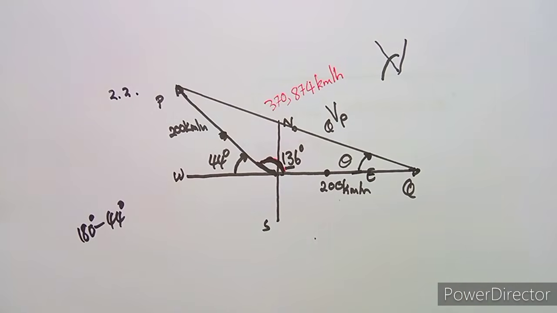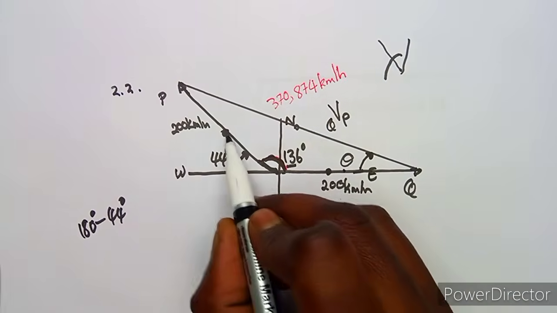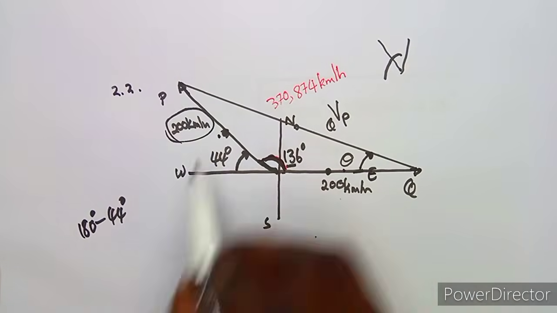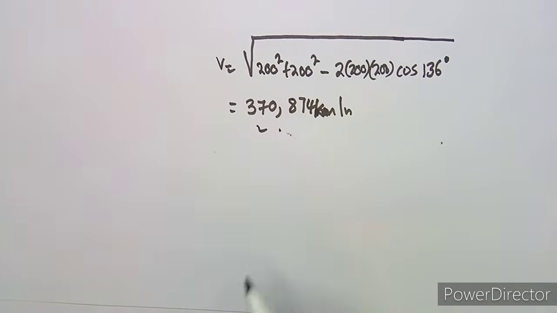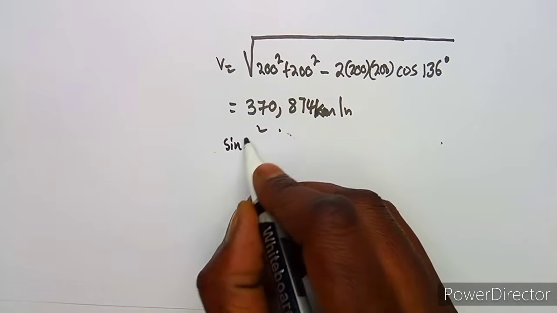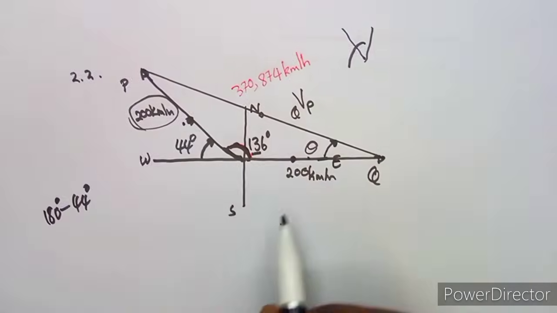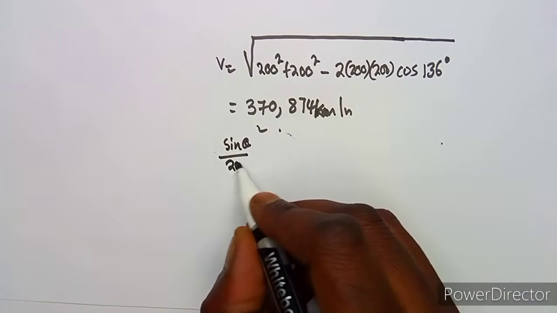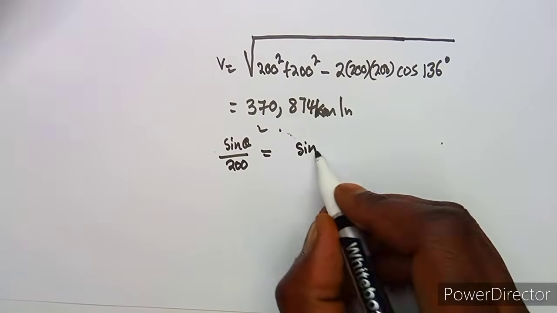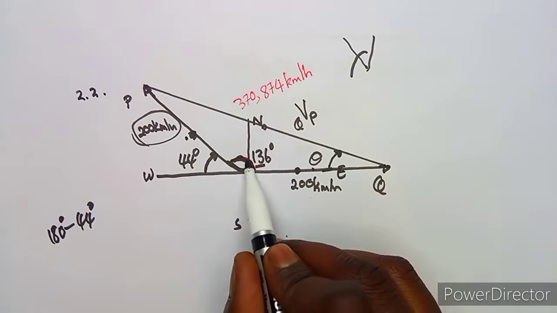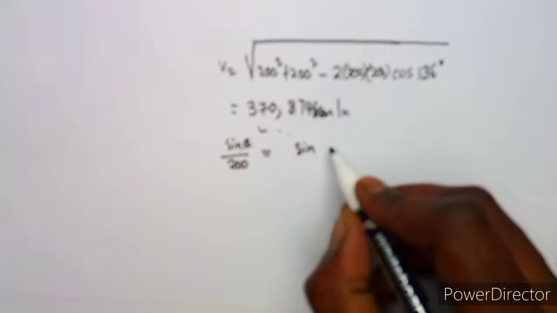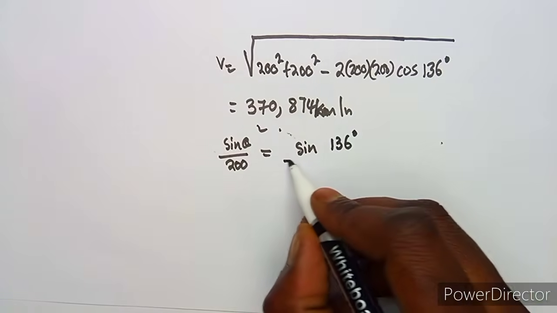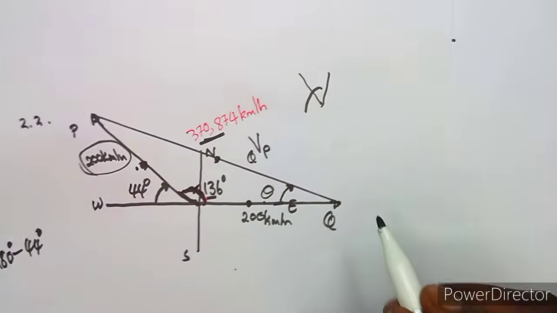All right, so just like what we did previously, we are going to say sine theta over the corresponding what? Over the corresponding side. Sine theta over the corresponding side, which is 200, is equivalent to sine of the angle that we are given, 136, over its corresponding side, which is this value. So it's sine 136 over the corresponding value, which is